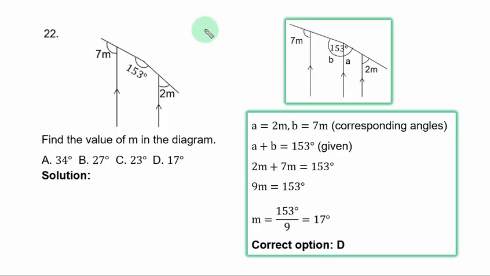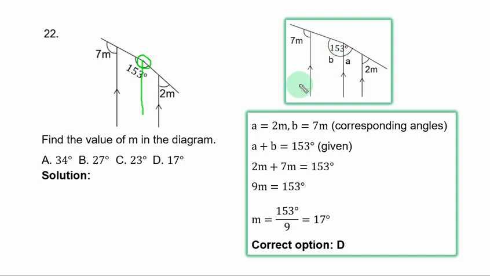Question 22. Find the value of M in the diagram. You must note that this line is not a straight line. You can see it coming straight, but it bends at a point. For that, we can bisect this angle and label it two sub-angles A and B, so that if you know A and you know B in terms of M, the sum is equal to